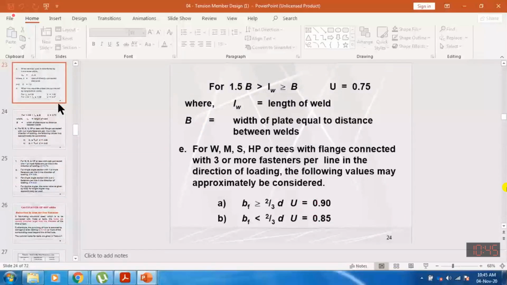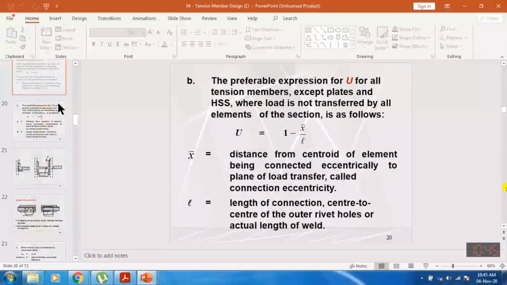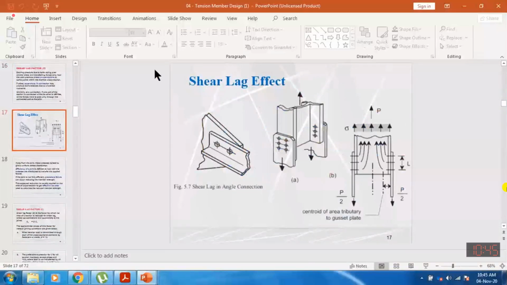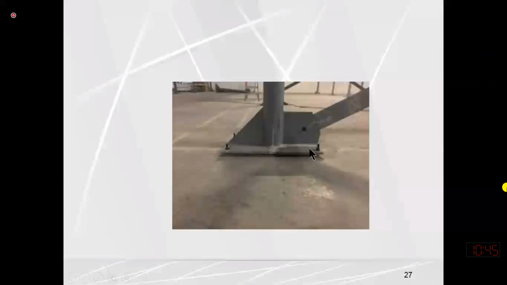In this slide, this is a type of connection. Here you will see that we have a pipe section and we can only weld it with this bottom plate. We cannot connect this pipe section with the help of fasteners. So it means that the type of section is also affecting, or maybe changing, our choice in terms of connection type.